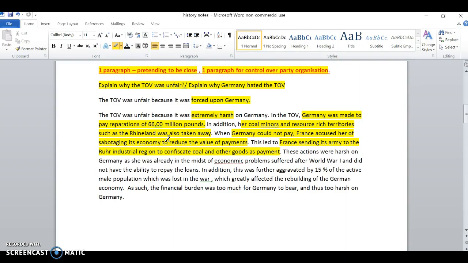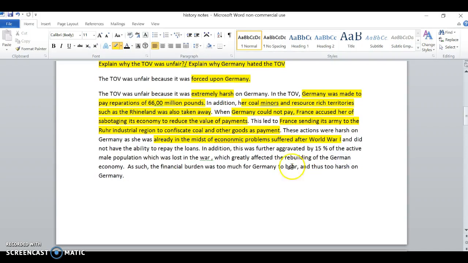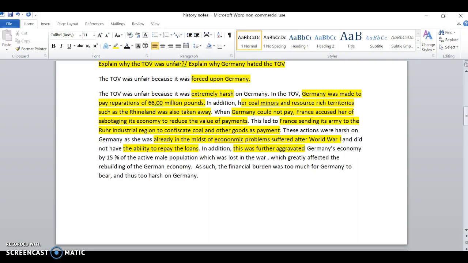It was harsh because of what was happening in Germany at that time. You must know she was already in the midst of economic problems after World War One. So she didn't have the ability to pay the loans. So this aggravated Germany's economy. I forgot to put this down: economy, and it was worsened